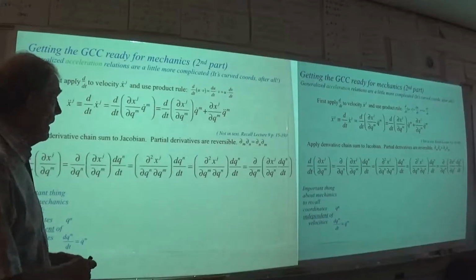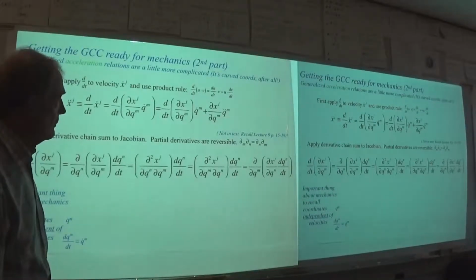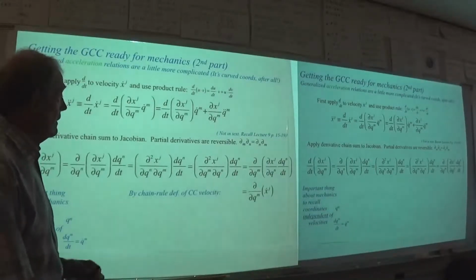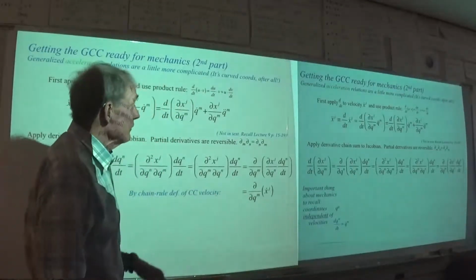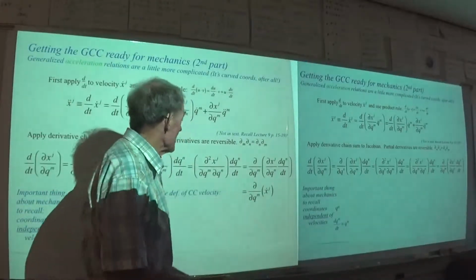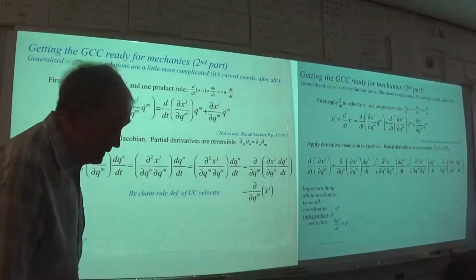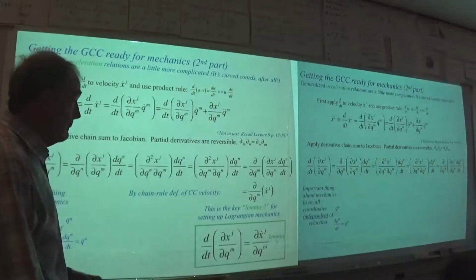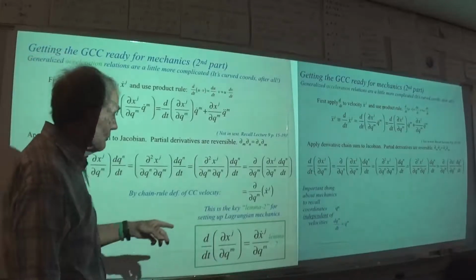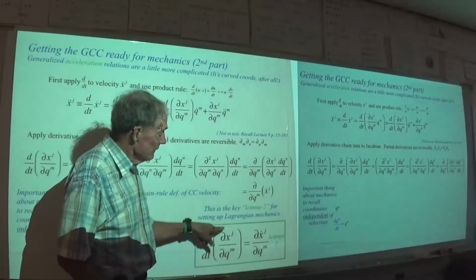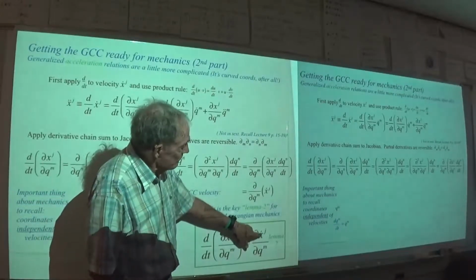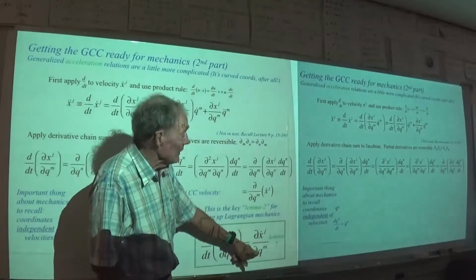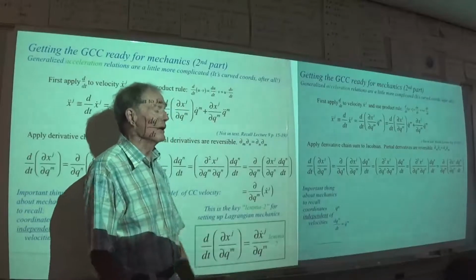So given that, I am able to reduce this thing here just to a single partial derivative of x dot. This is x dot right here. Okay? So that leaves us with lemma 2. A time derivative of the Jacobian thing is not so bad after all. It's simply partial x dot with respect to qn. Well, that's an extra thing you have to calculate